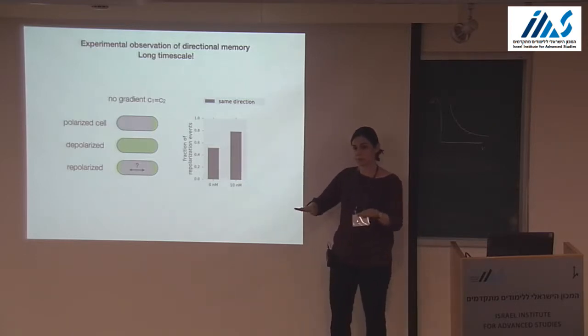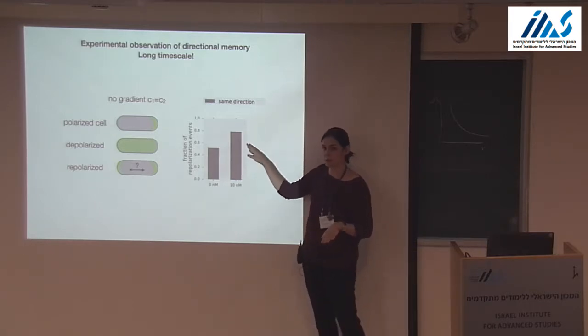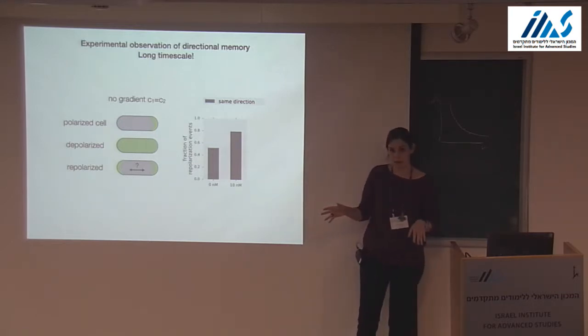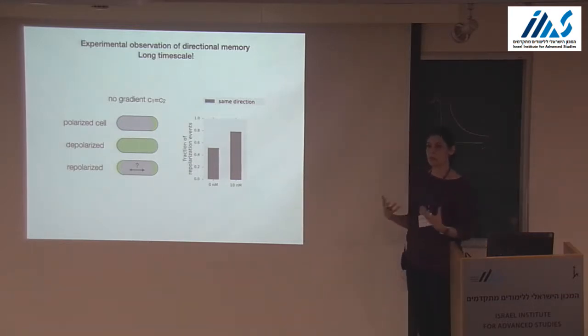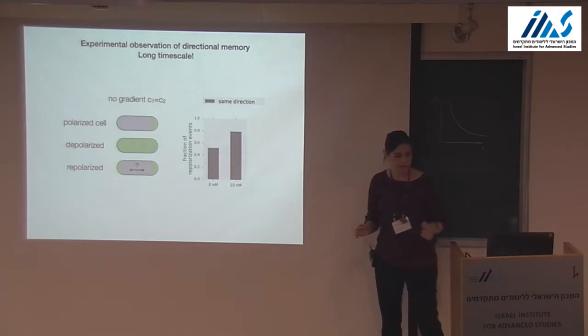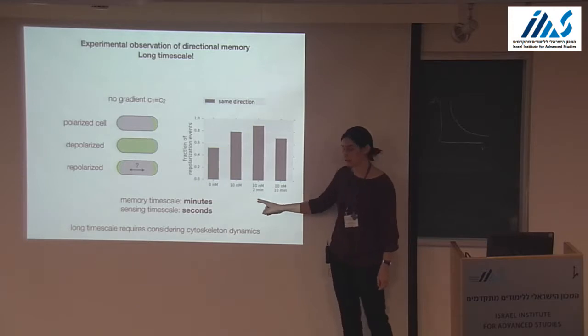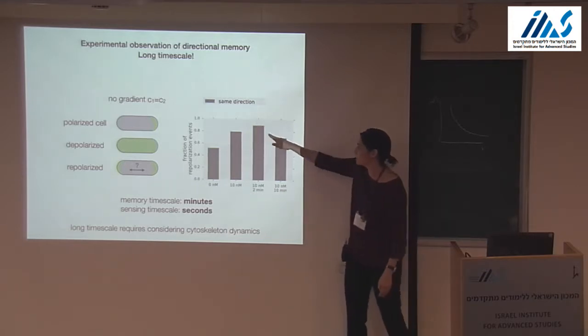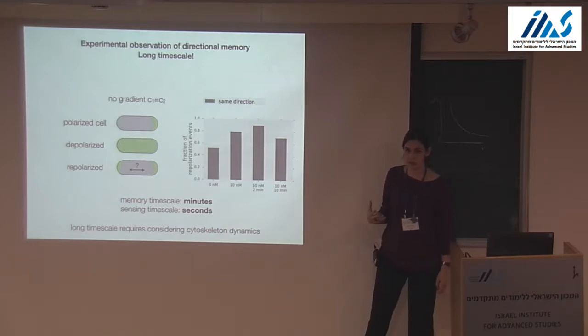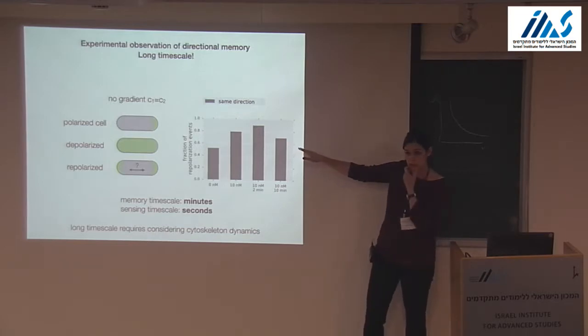And both reservoirs are now with 10 nanomolars. And now you see that roughly 80% of the repolarization events are in the same direction. So this is what we mean when we say directional memory. The cell seems to remember the direction that it sensed earlier on. Now you can also take this one step further and try to probe the time scale of this memory. And we can look at repolarization events that happened after 2 minutes and after 10 minutes. So you see that there is this slow relaxation of this memory effect. And after 10 minutes, you still have about 70% of the repolarization events in the same direction.